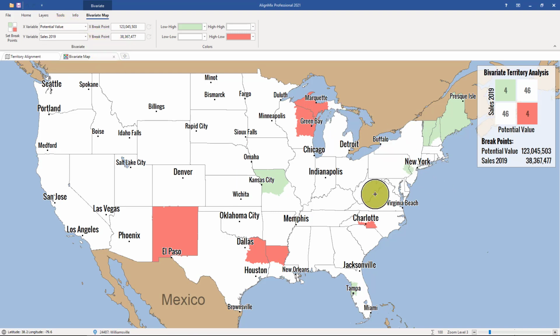As you're looking at this map, you'll notice that the colors correspond to your legend here in the top right. So areas that are white fall into this white section, green fall into the upper left section, and red in the bottom right section. And we can change those breakpoints by clicking here in the top left to click on